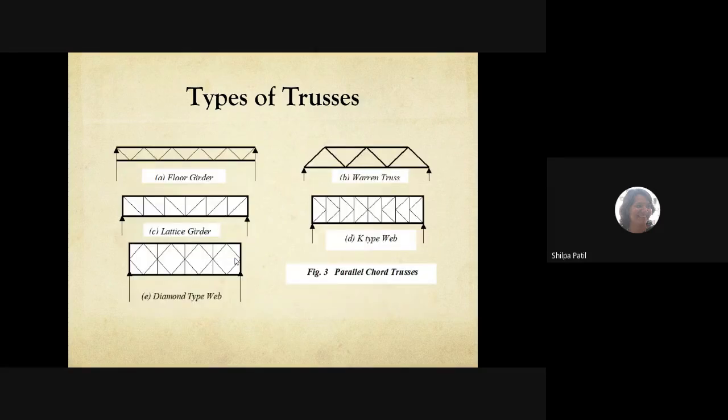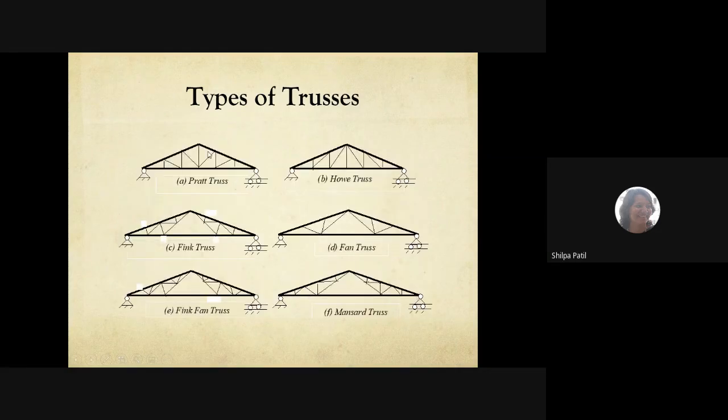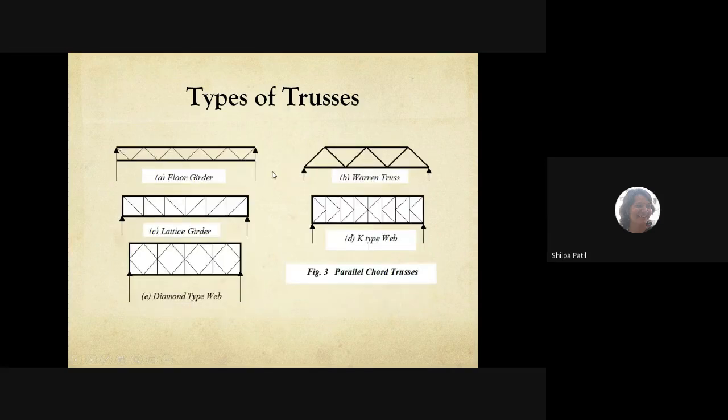This is another, which is called the parallel chord truss. In this, the top chord and bottom chord members are parallel to each other, and that's why the name is parallel chord trusses. In the first type, it is a triangle, so the principal rafters are inclined and the tie member is horizontal, whereas here the tie member is horizontal and the principal rafter is also horizontal. These are parallel to each other, and the other members between the rafter and tie are organized in different orientations, forming different configurations of trusses.